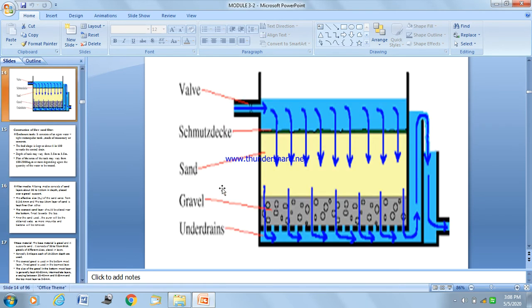You can see here, as the water starts through the inlet valve, it moves. This is the sand layer, this is the gravel layer. Here are the drains, the lateral drain connected to the central drain, connected to the filtered well valve. As the time passes, the particles which are present will be at the topmost portion of the bed, and that is called a mat formation. You can see here this is the mat formation formed. Then you can remove that manually.